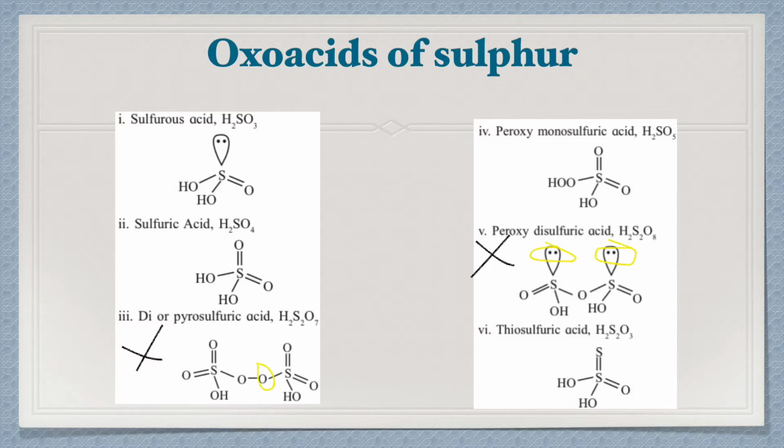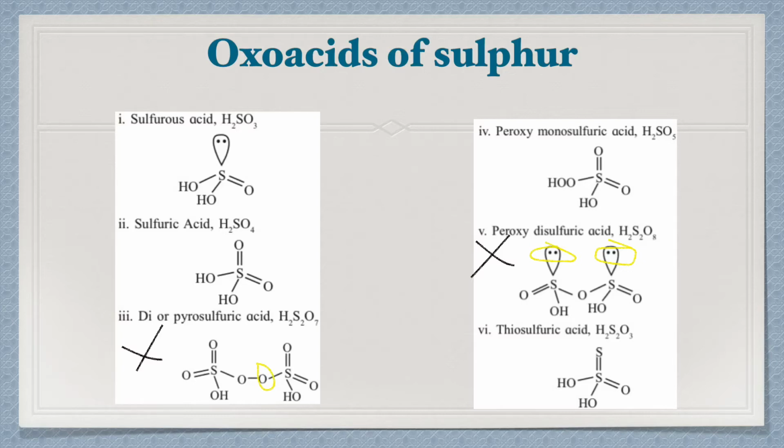Sulfurous acid is H2SO3. So H2 means there will be 2 hydroxyl groups. I write S, and the 2 hydroxyl groups first, so it is OH and OH down here, and obviously, as I told you, one double bond O group will also be there. So it is S double bond O. So 3 oxygen done, 2 hydrogens done, and 1 sulfur is there. As the valence electron count of sulfur is 6, there is one lone pair in this structure. That's it. Okay, so hopefully it is very simple to remember.